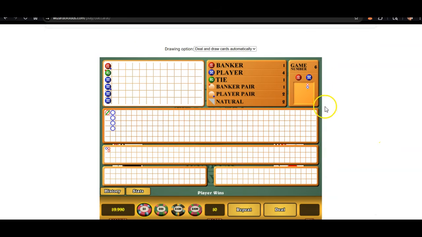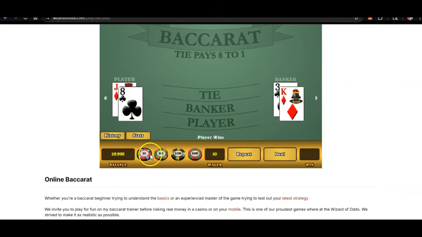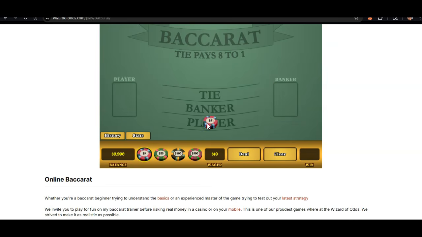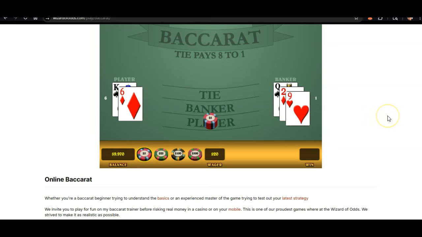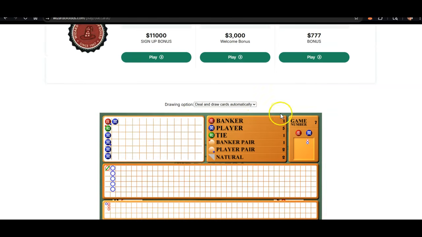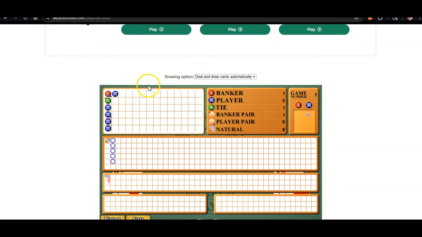All right, so we are going to get to do our Serenity. This is the Serenity deal. We do have to go up 1 unit. We lost, right? So we're going up a unit, and we're going to bet player for 20. And we win right away. Okay, so we're not getting to move up the ladder much, but that's good. No big deal, right? That's probably our 4th or 5th unit. I don't know.